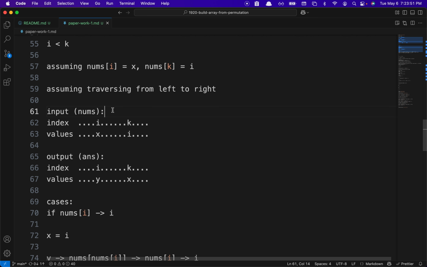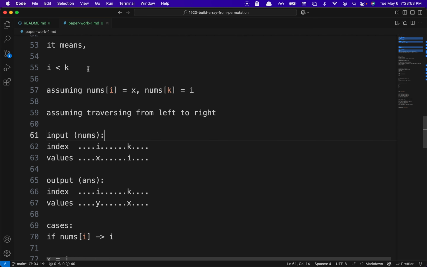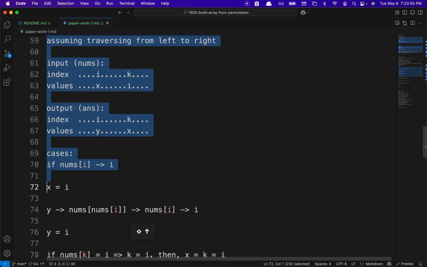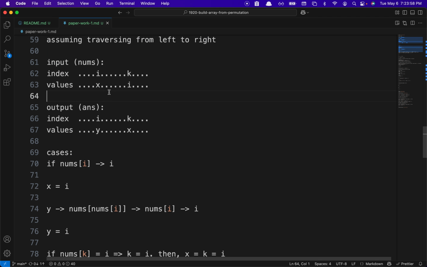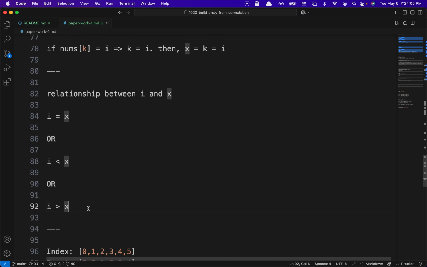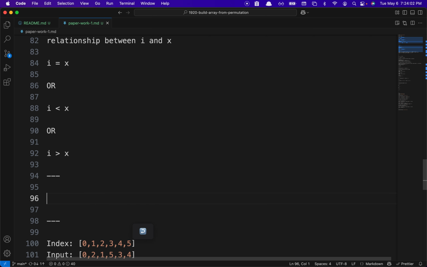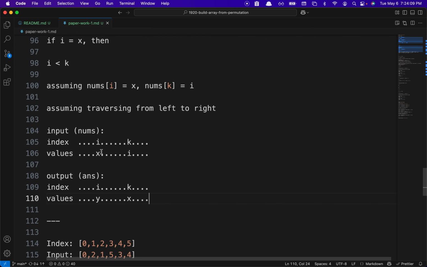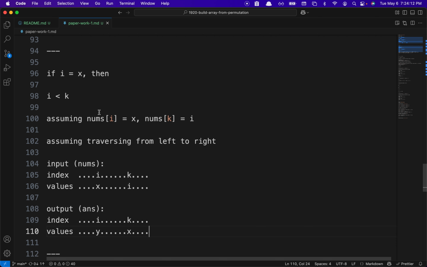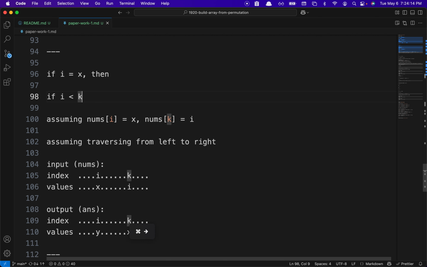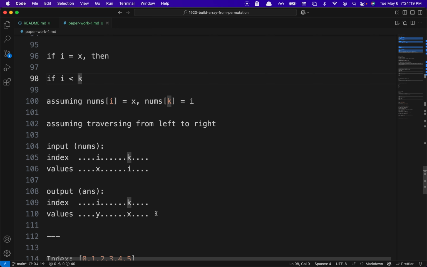So if we say this, if I equal to X, then X is less than K, right? If I and X are the same, then